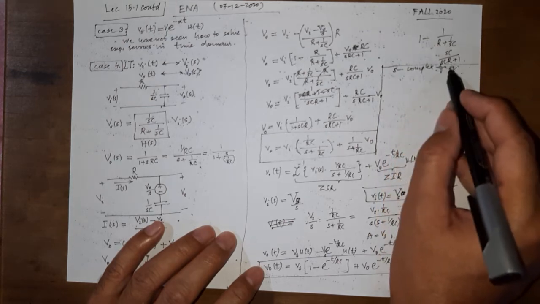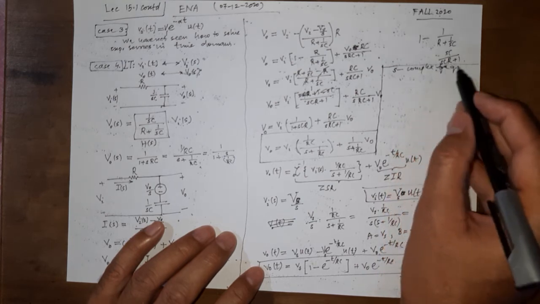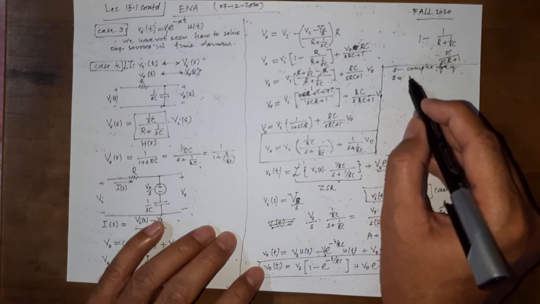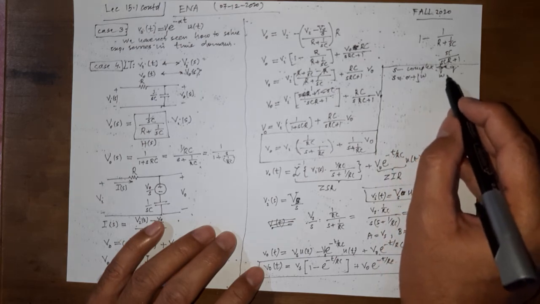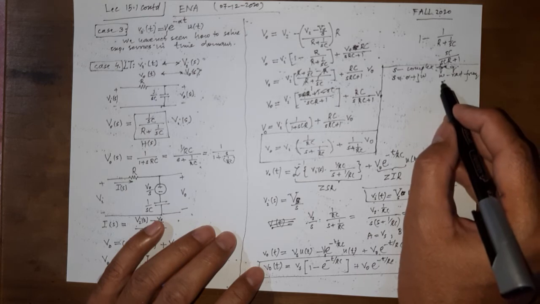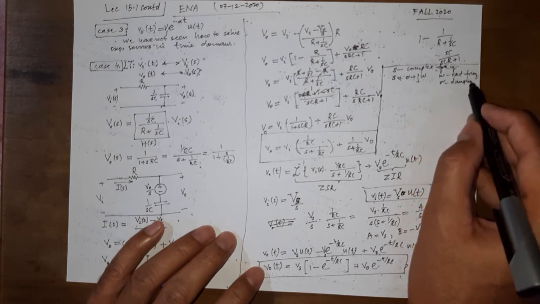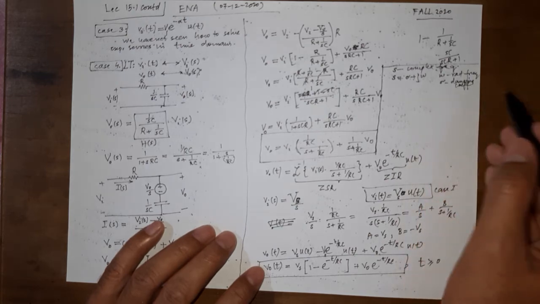We haven't much explained about this, but I am going to do this briefly. S is complex frequency. We take S to be a real part, sigma, plus j omega, where omega is the radian frequency, and this sigma is known as the damping coefficient. It may have damping frequency or damping coefficient.